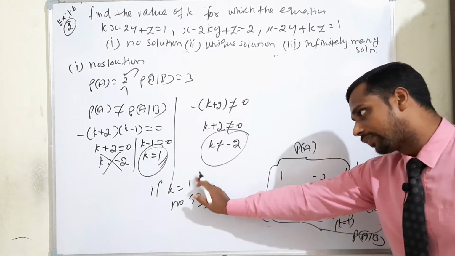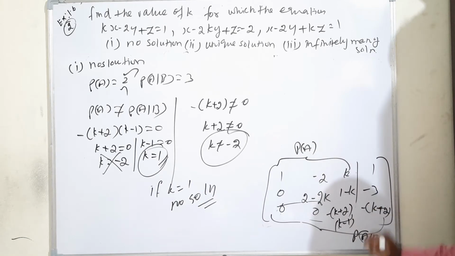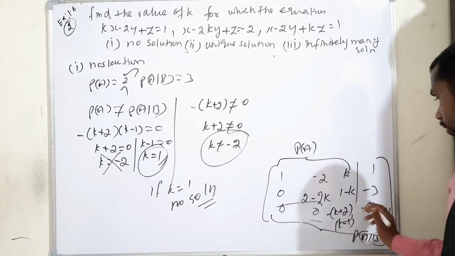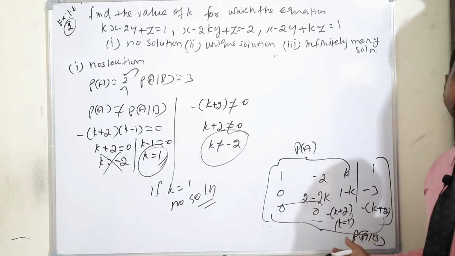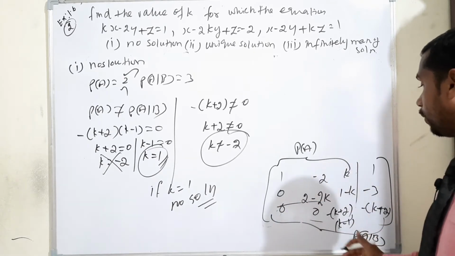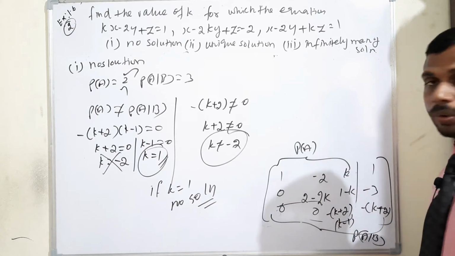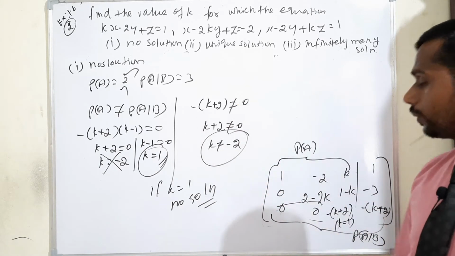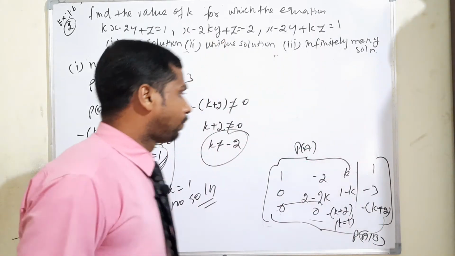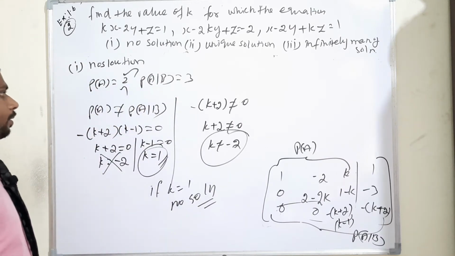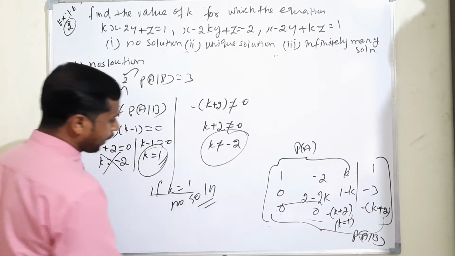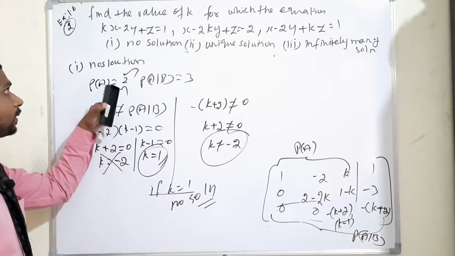Moving to the next one, if k is equal to 1. Here if you apply k is equal to 1, then 1 plus 2, 3 will come. So if any one value is not 0, we can say the complete row is a non-zero row. If every row is non-zero, then the third row too, so rank of A with B is also 3. That's why we are saying rank of A is not equal to rank of A with B, which is possible if k is equal to 1. Okay. First condition is over.